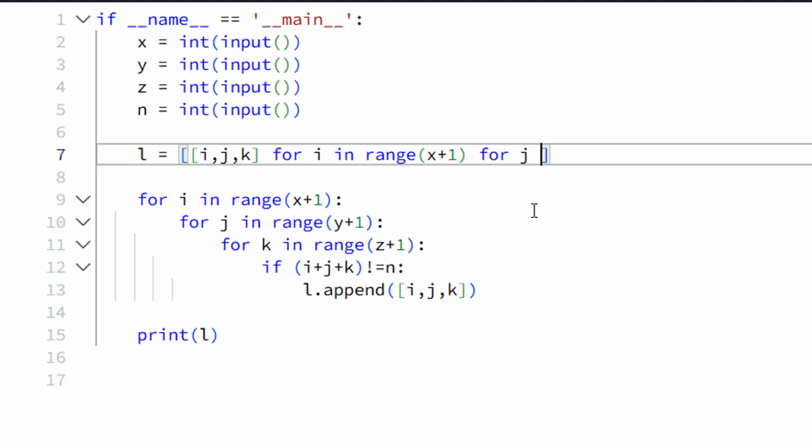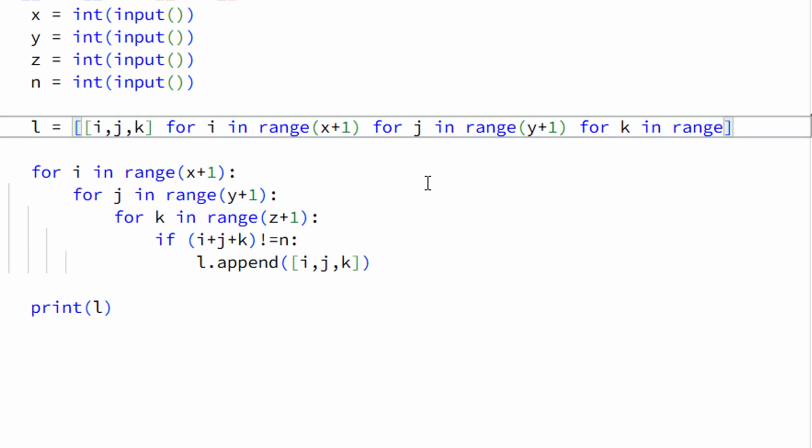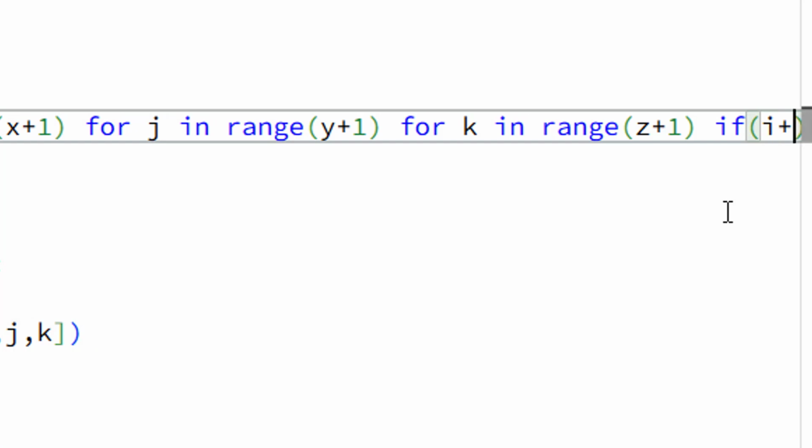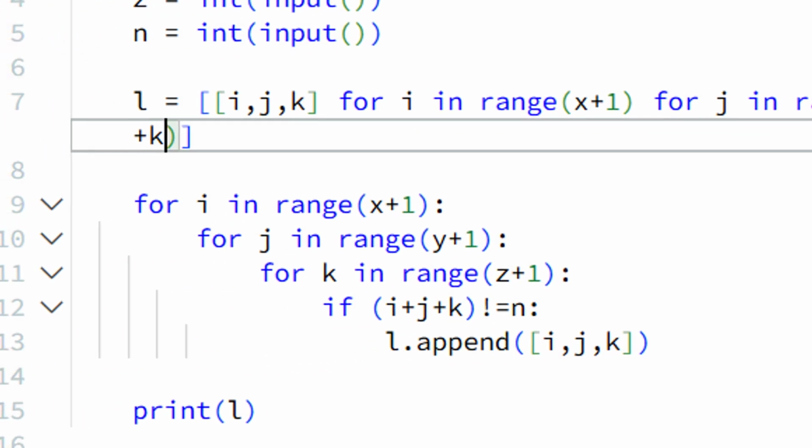For j in range y plus 1 and for k in range z plus 1. If, here only we will write, if i plus j plus k not equals n. That's it, guys.